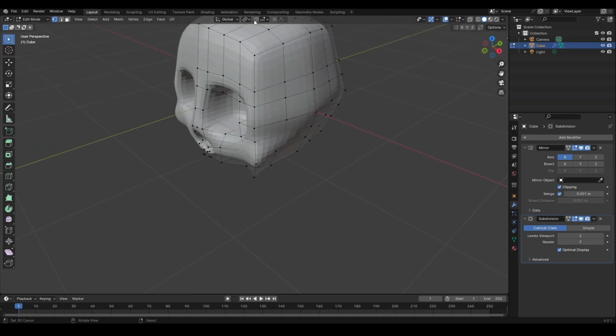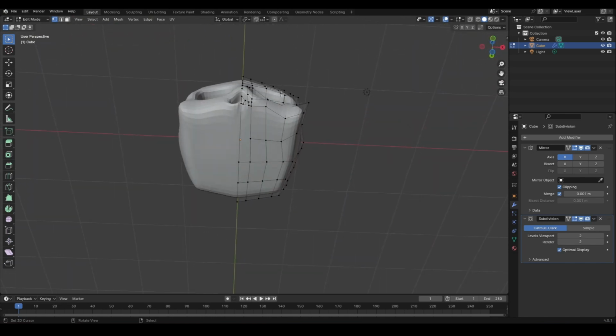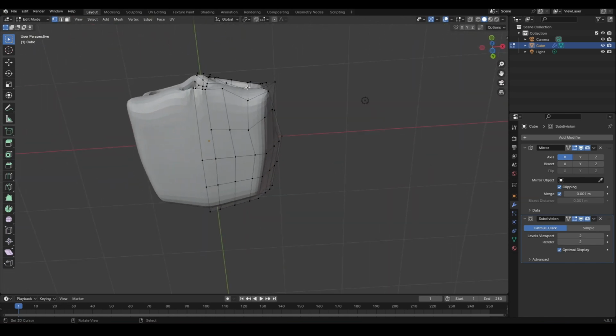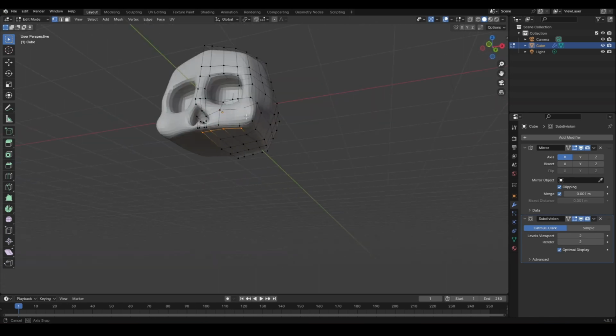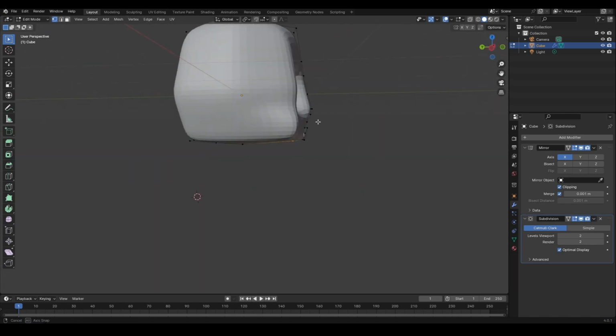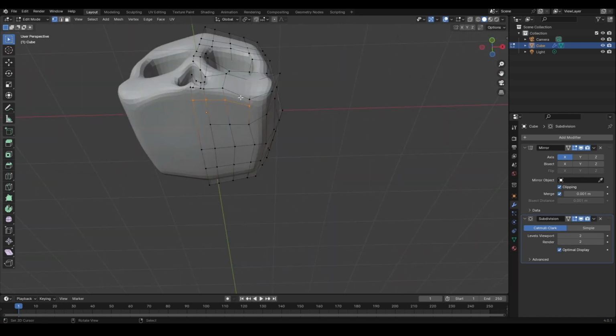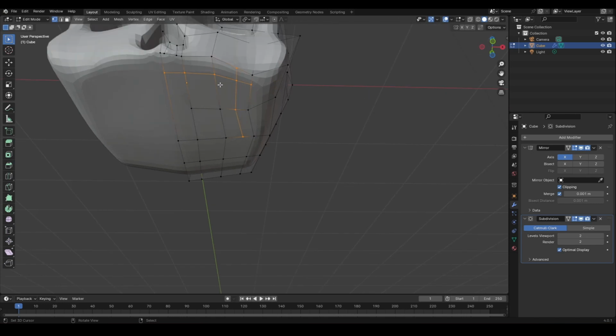Now, I don't want to create too many loop cuts going around here, so I think I am going to go ahead and use my knife utility. I've tested this out a couple times offline. One thing that I ran into a lot was too many lines around the sides, and it was really difficult for me to go back in and smooth everything out. It took a lot of time. So let's go ahead and do this. And that's going to give me,